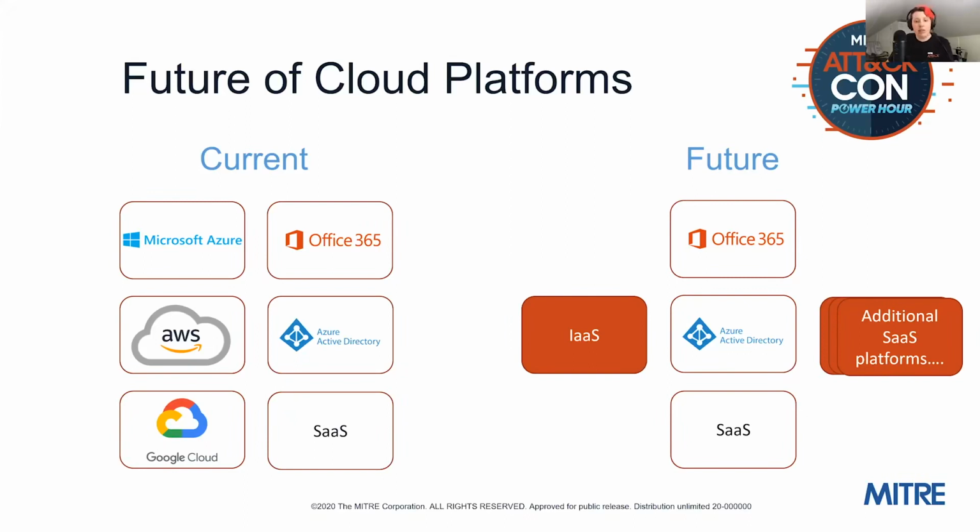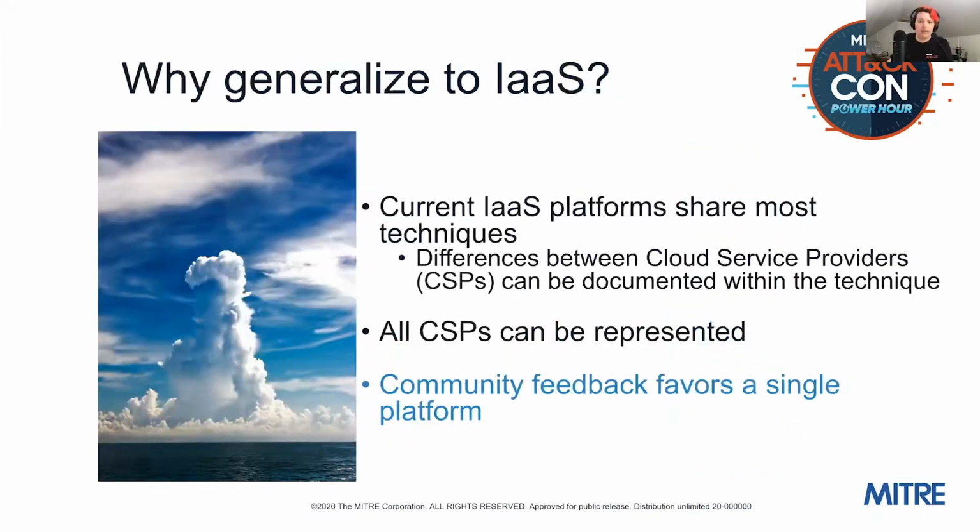After doing some research and talking with folks in the community, we're planning in a future release to consolidate Azure, AWS, and GCP into a single infrastructure as a service platform, and then continue to add additional SaaS platforms to Attack. There are a few SaaS platforms we've been considering for potential future inclusion into Attack. We'd also be really curious on your feedback here and your in the wild experience with adversaries here, so we can continue to increase coverage in this space.